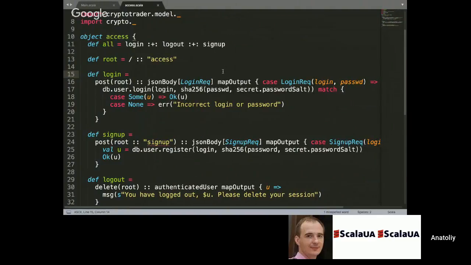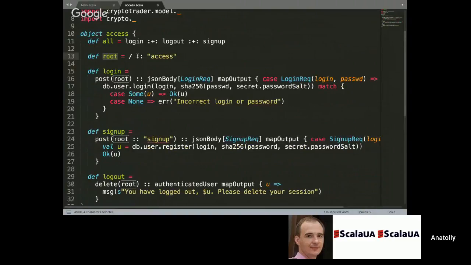Now let us have a look in details of how it is actually done. So first of all, let us start from the simpler endpoint called root. And as you can see, it also consists of two things, this slash and the string called access, combined with the cons operator. So first of all, both these things are also endpoints. So this slash over here is an identity endpoint, and it is supposed to match everything, every input that is passed to it. Now the access endpoint is,